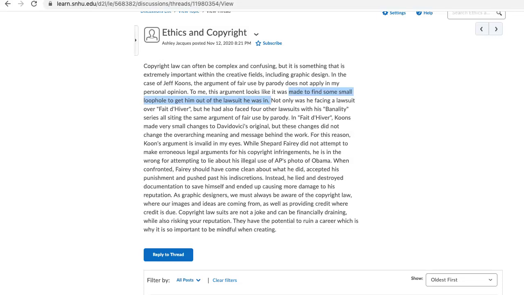So I think his argument is actually weaker in the fact that not only was he involved in these other lawsuits, but he really didn't change the details significantly. If it was just the Fête d'Hiver, I might buy his argument of parody. He did change the face of the model from the NAF ad to be that of an ex-wife.